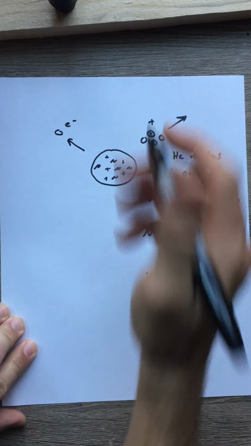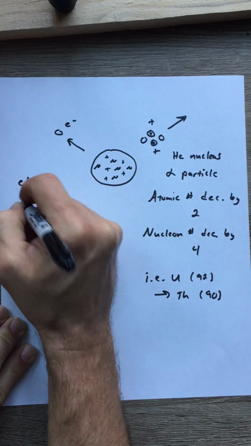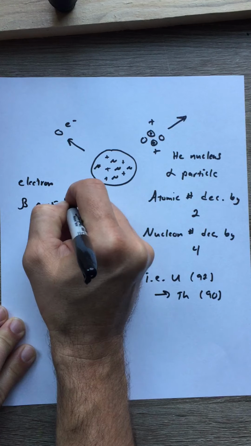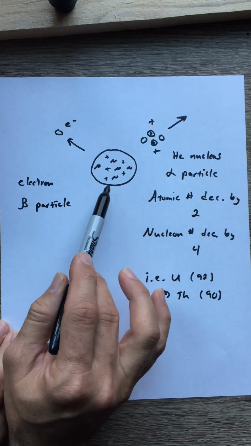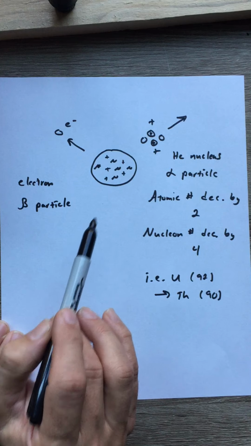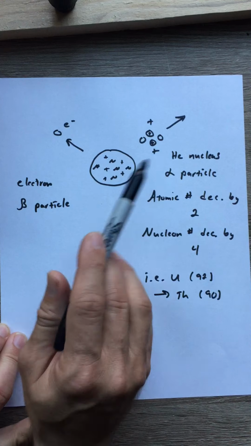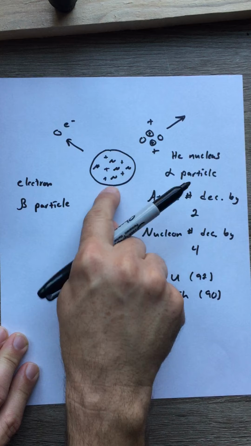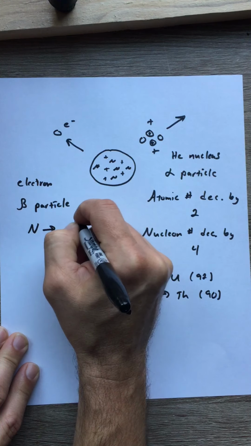This is a beta process, just an electron, or in this context, very often called a beta particle. This is produced in the nucleus, and I say produced because it's actually produced. It's not that there was an electron hanging out in the nucleus and then it just decided to leave. This is actually produced in the decay process. So there were no electrons in the nucleus, and then all of a sudden there's one flying away from the nucleus. What happens? Well, what happens is one of the neutrons decays into a proton,